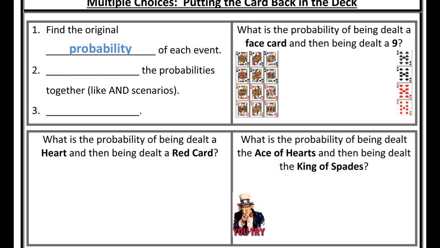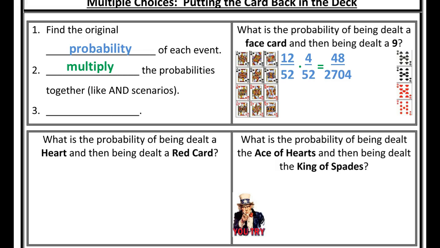So if I need to find the probability of being dealt a face card and then being dealt a 9, altogether, if I look at my card matrix up top, there's a total of 12 face cards out of 52 total cards. There are 4 9s out of 52. So I'm going to multiply my 2 probabilities together. This is just like when we deal with an AND scenario. So 12 times 4 gives me 48. 52 times 52 gives me